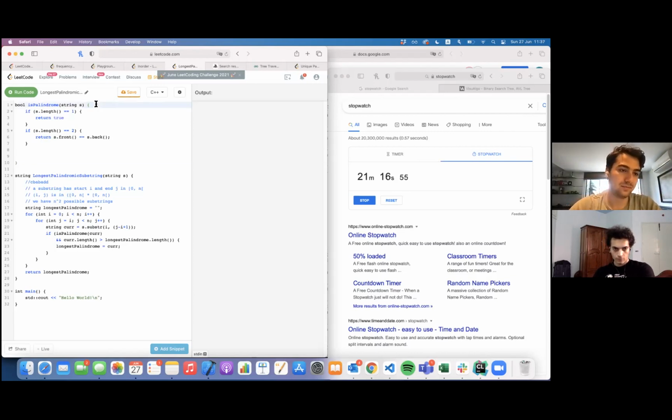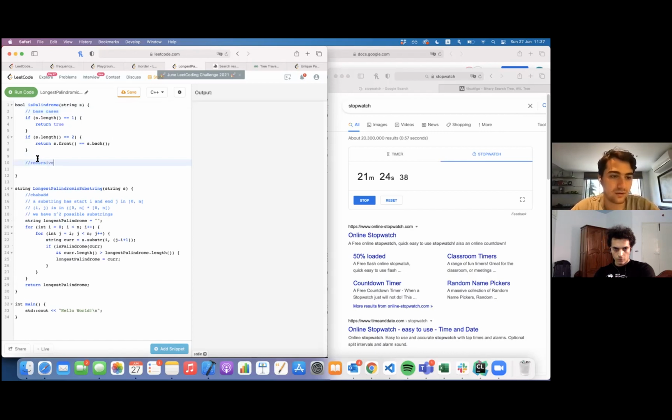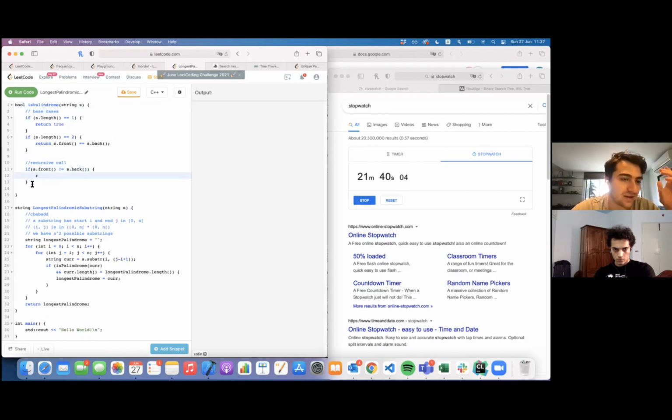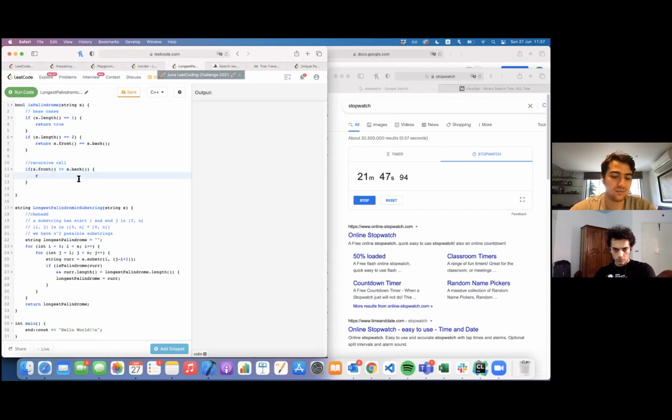Okay. So base cases, and then recursive calls. So if s dot front is different from s dot back. Oh yeah. Wait, it was correct because I only wanted to return if it's false. Return false,